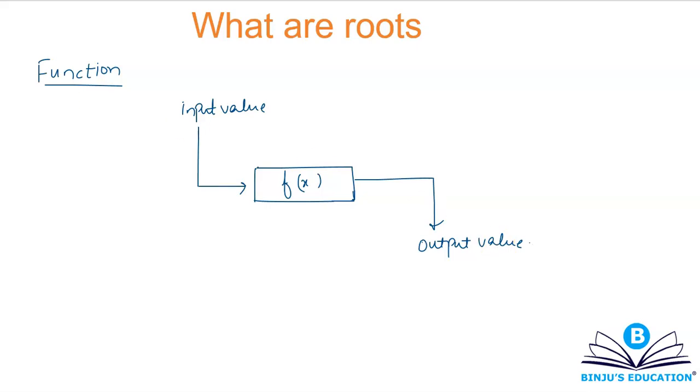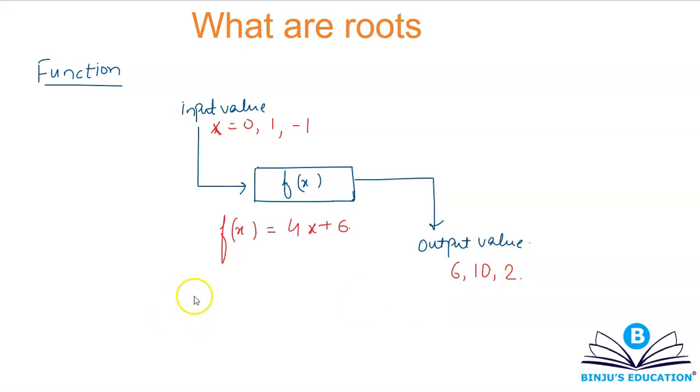For example, let's say I have a linear function. Let's say my linear function is f(x) = 4x + 6. You can provide an input value. Let's suppose x = 0. If you provide x = 0, you're going to get the output 4 into 0 plus 6, that's 6. You can also provide an input value x = 1. You're going to get an output value of 10, that is 4 plus 6. Provide minus 1 as the input value, you're going to get an output value of 2.